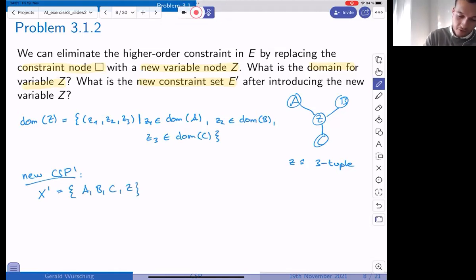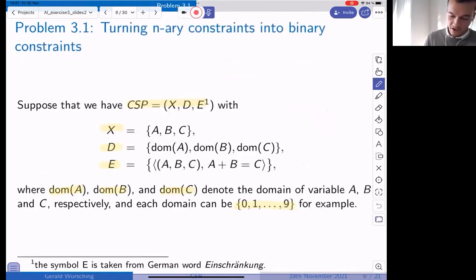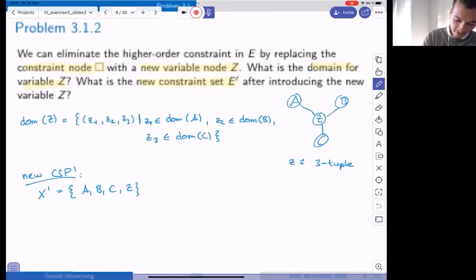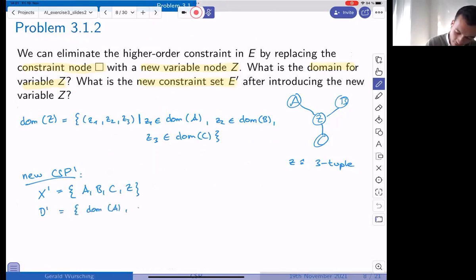So compared to the previous problem, I can go back. We have added variable z, right? We have a new set of domains. So we have the domain from A. We have the domain from B. Domain from C, and the domain from Z.